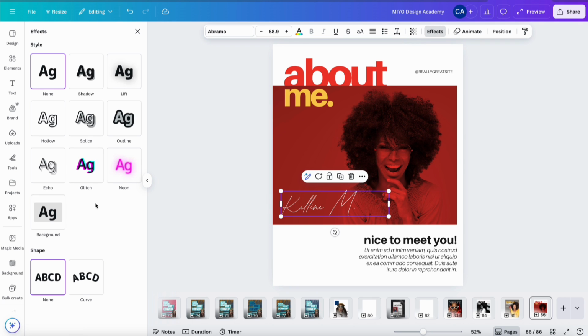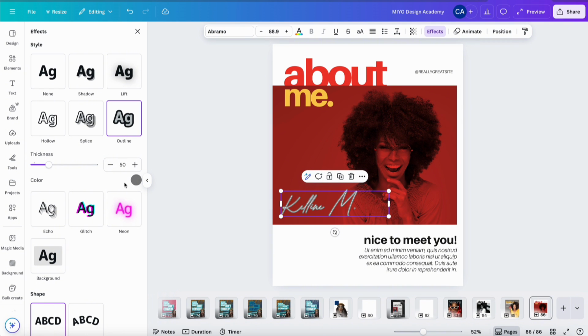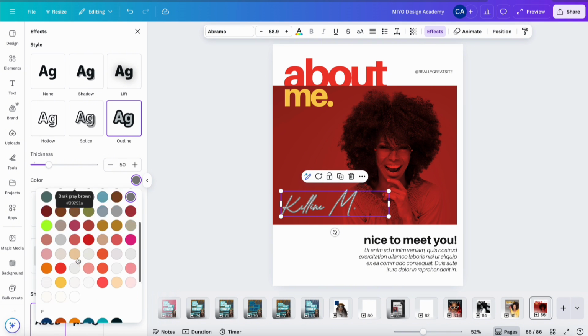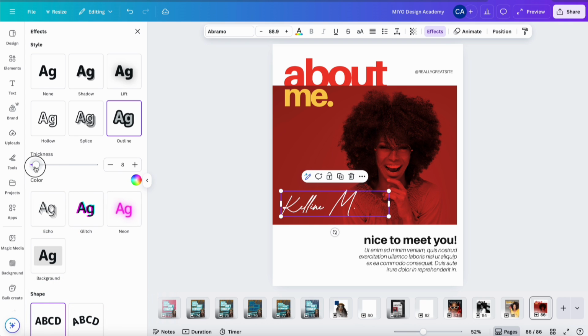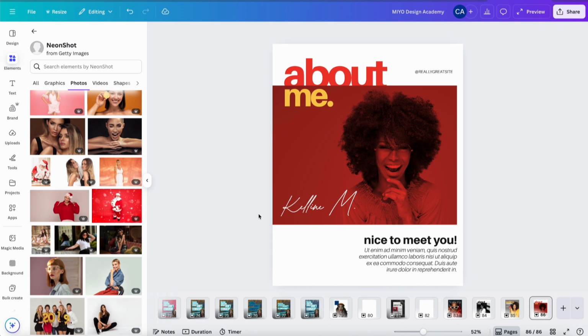I'm gonna add an effect of an outline just to make it thicker because it is very thin there. Don't want it that thick. Okay, maybe just one will do. Alright,